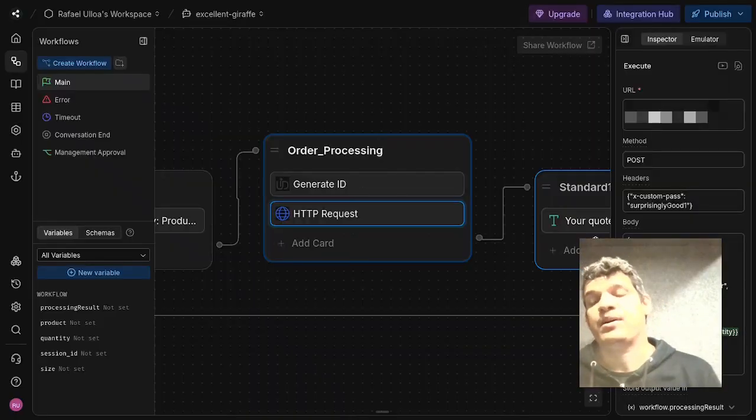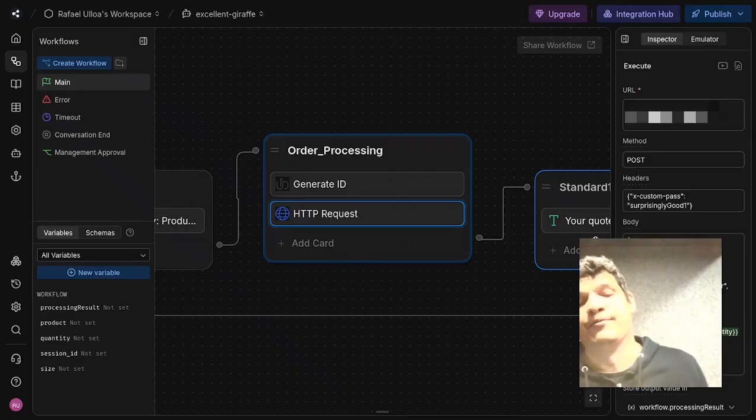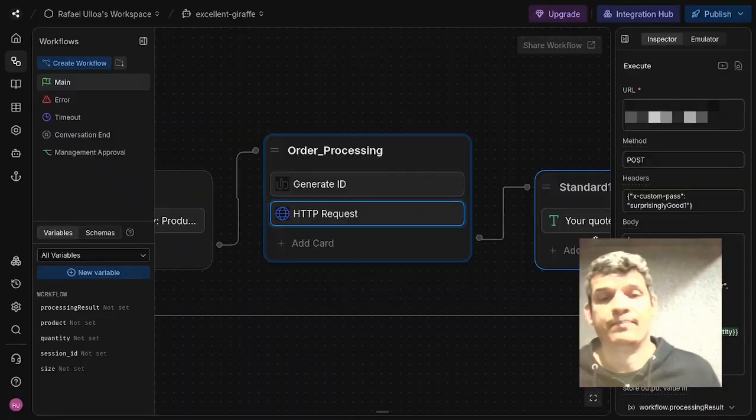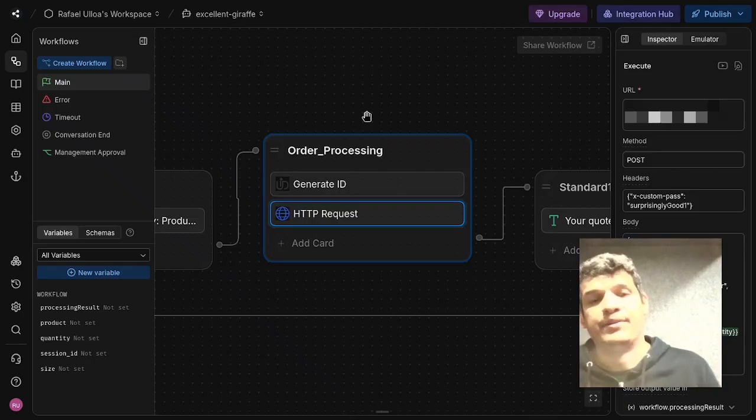And then for the body, that's the actual payload. That's the one that contains all of the information pertaining to the order, the session ID, the WhatsApp number. You can put in the order, items, and the date, timestamp, etc. And this is when it fires off and it hands off all of the information to N8N to further process